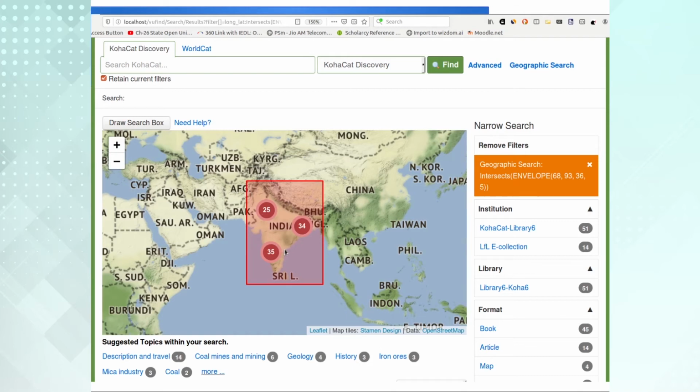So, the moment I select this geographical search envelope, it shows this many resources available with geographical data sets. That means either MARC 21 based data or Dublin Core based data. Here you can see we have collected data from Koha and the DSpace repository.